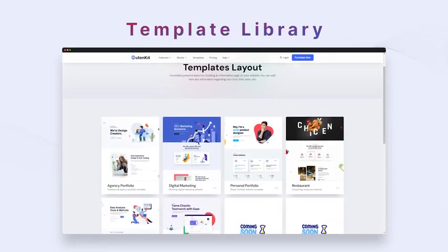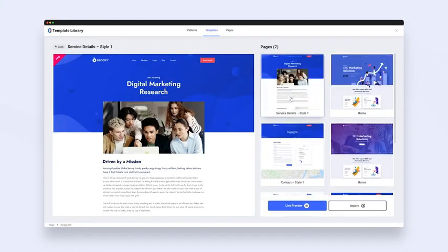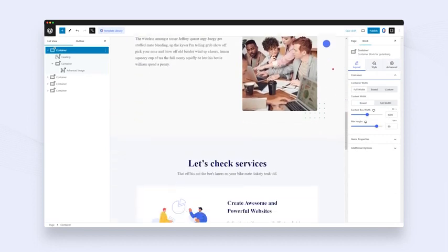Kickstart your website building journey with GutenKit template library. Browse through 500+ ready templates. Pick a template that fits your vision, customize it to reflect your unique style, and you'll have your website ready